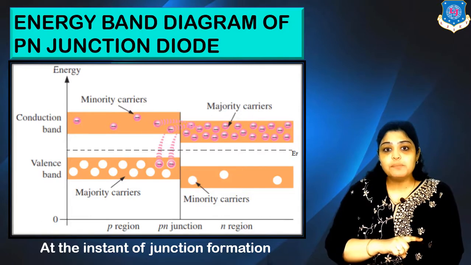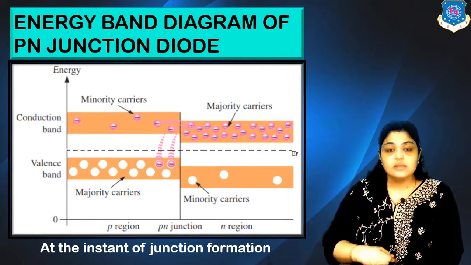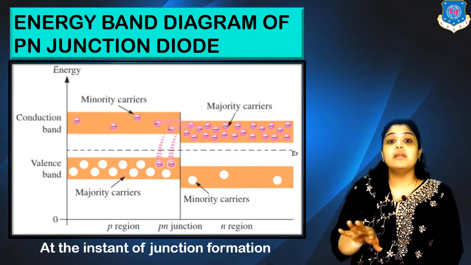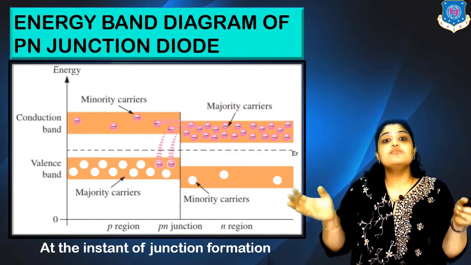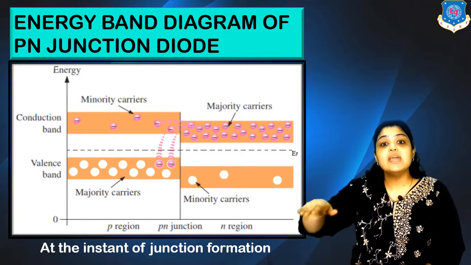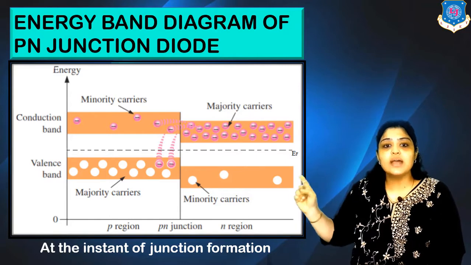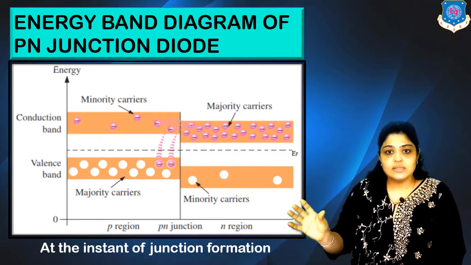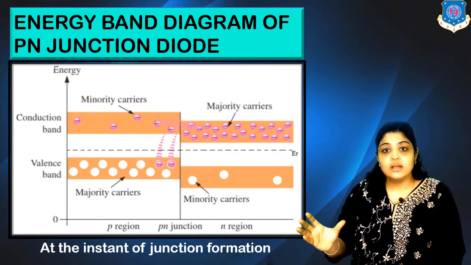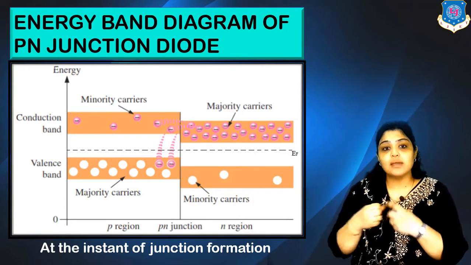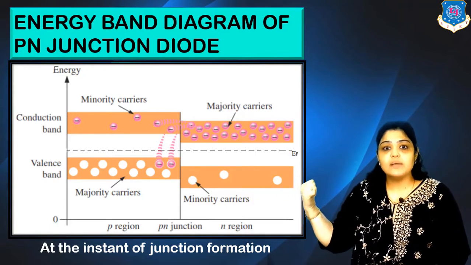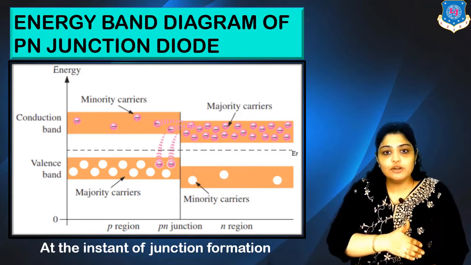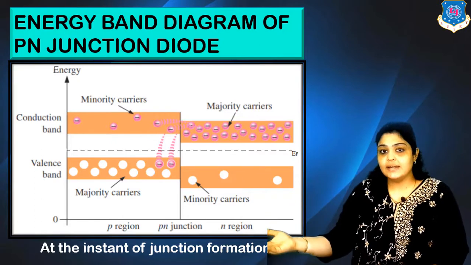We know that in case of a p-type material, the Fermi level is close to valence. In case of an n-type material, it is close to conduction. That is true if they are separate. But if you are using these two materials to form a junction, the Fermi levels should be in one straight line. So just have a look at the diagram. The y-axis represents the energy, and along the x-axis there is distance shown. So p region and n region. Now what happens when you fuse them? You can see that the Fermi level is in one straight line. The left portion shows the Fermi level of p-type and the right side indicates n-type.